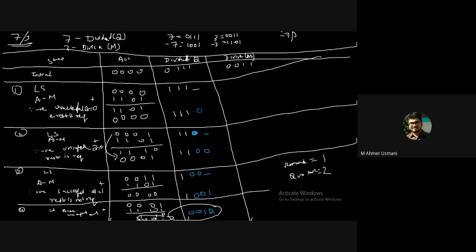Division of negative numbers you will also do with this same method. But as per syllabus, only positive numbers will be given to you. Is that clear? You don't have to worry about -7 by 3. If it does come in the exam, you keep the minus aside and solve for 7 by 3. Whatever answer you get, you make the quotient -2 and the remainder 1. Is that clear? Yes, sir.